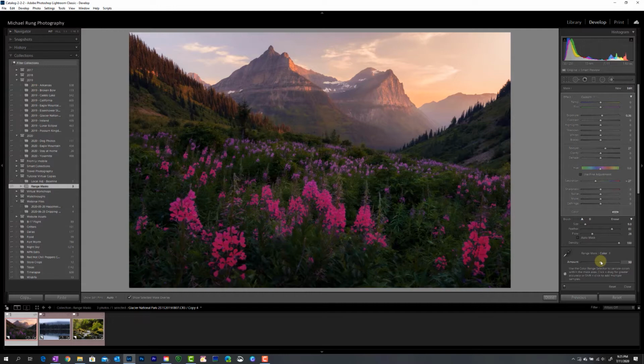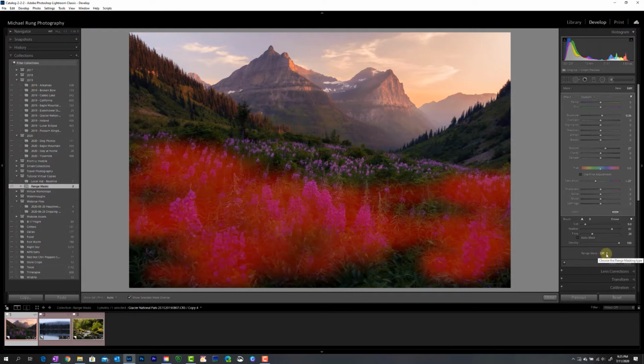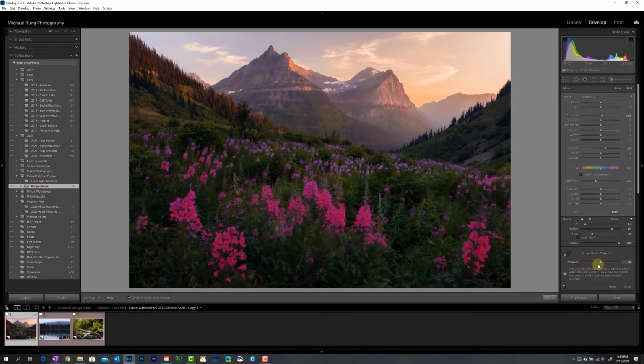particular local adjustment. If I were to come into the range mask menu and turn that off while I leave the overlay turned on, you can see the significant difference it's making in the local adjustment selection I've made. And again, if I were to get rid of this completely, so let me come back out to the image,